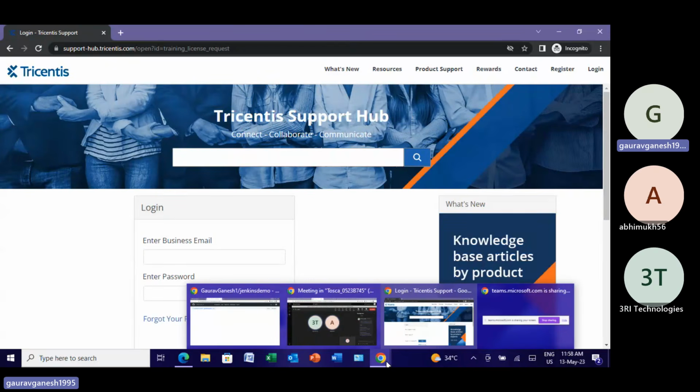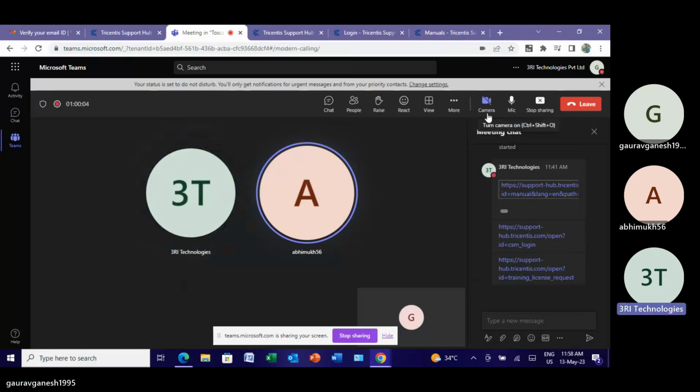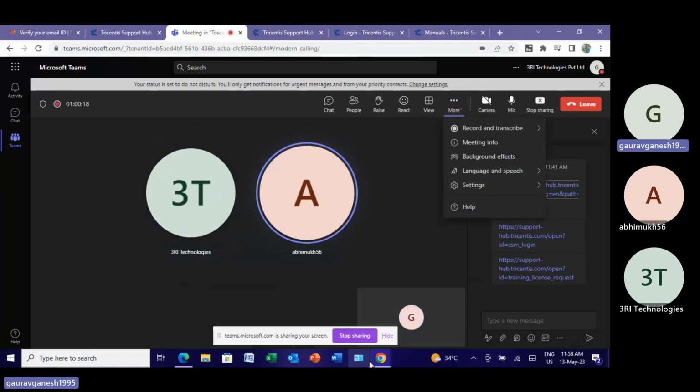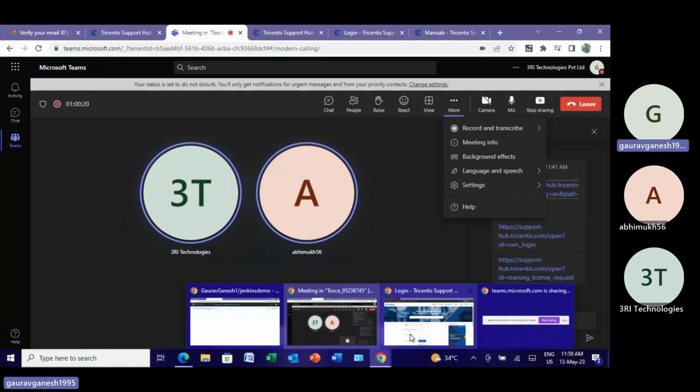Because I can't see the option. Is it because we have opened it in the web application? Because I was seeing that option in web also. Why are we not seeing it now? My Teams app is having some issue. That's why I had to connect through web.